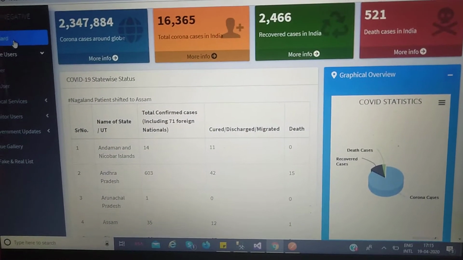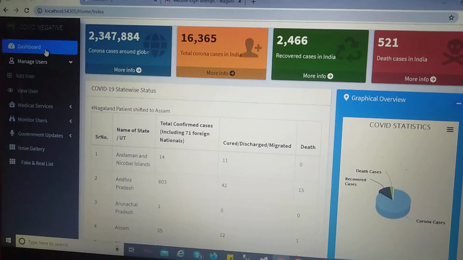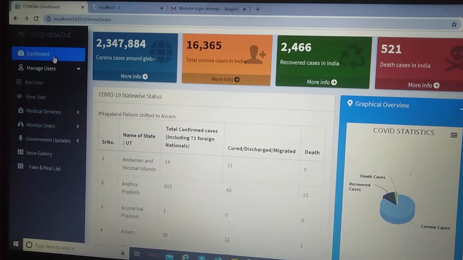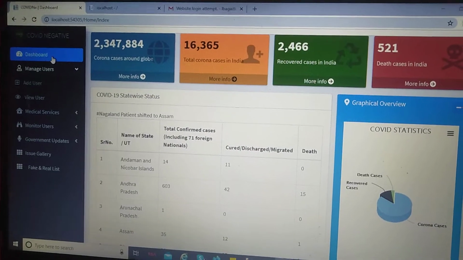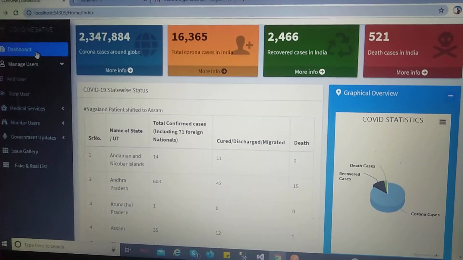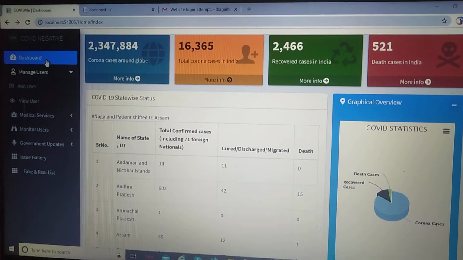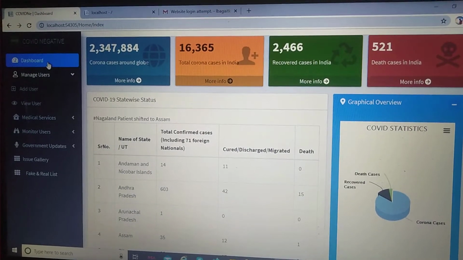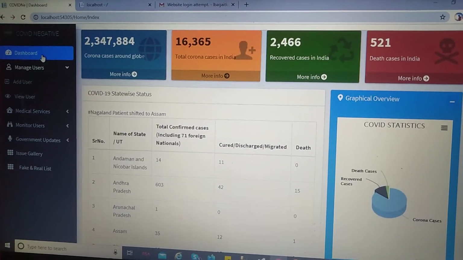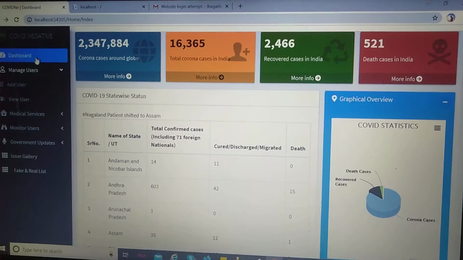So we are COVID negative, and this is the backend, the dashboard for the government officials to track and survey the patients, even the negative normal users. Let's see how it is done. As you can see,